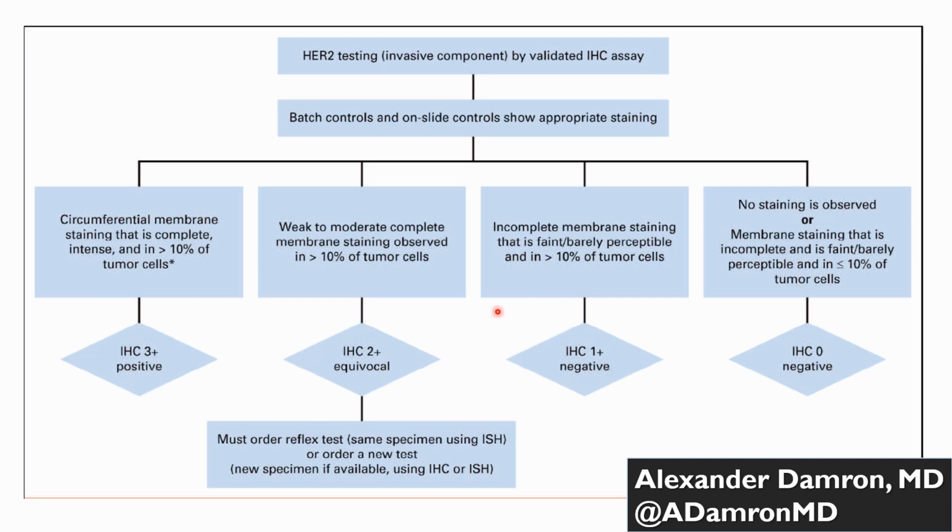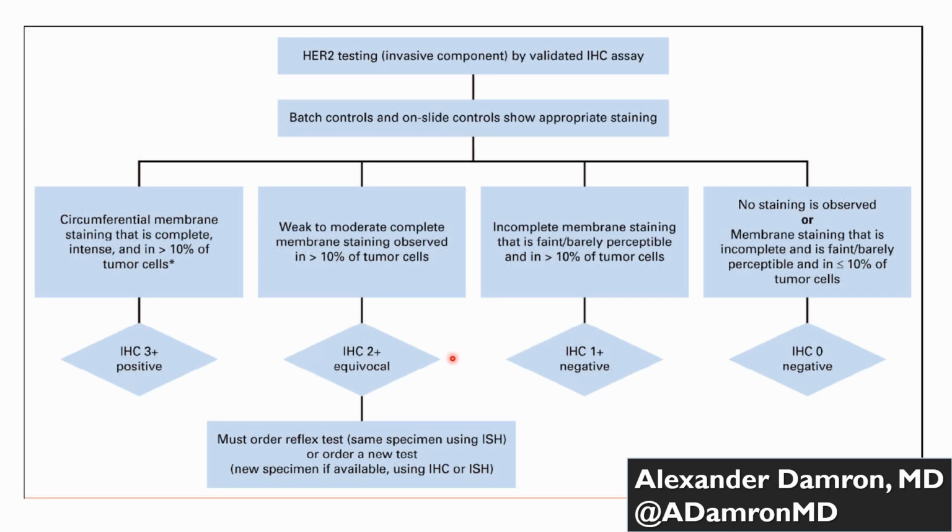So our next step up from that is IHC 1+, which is still considered negative. So even if you score anything as 0 or 1+, in reality, these two scores do not need reflex studies. And 1+, also considered negative, is incomplete membrane staining that is faint or barely perceptible in greater than 10% of the tumor cells. And the number of tumor cells is important. We'll talk about that later, but that greater than 10% is something that you really need to focus on and say, does greater than 10% of this tumor have expression? And that's going to be more important down the line,